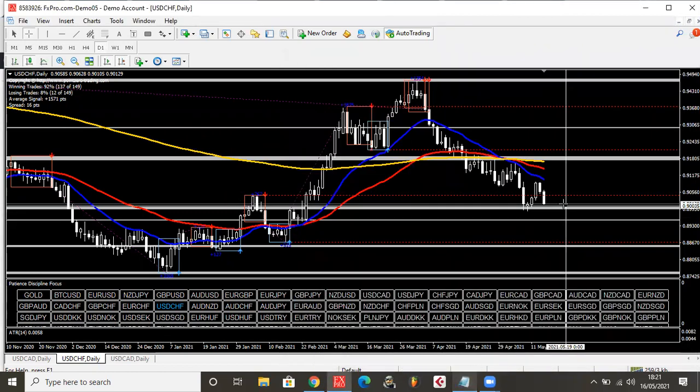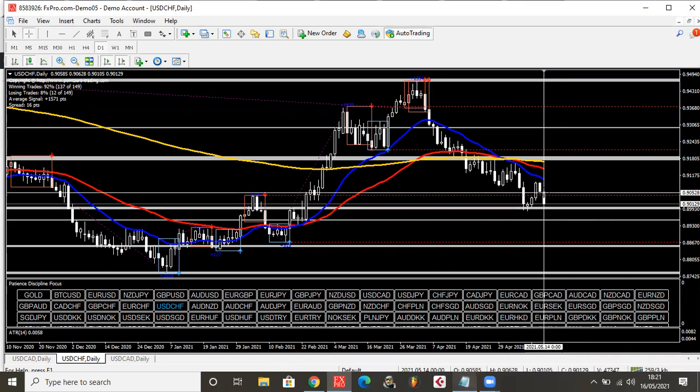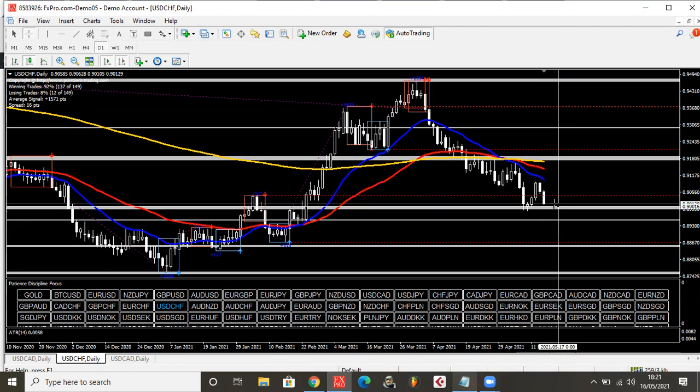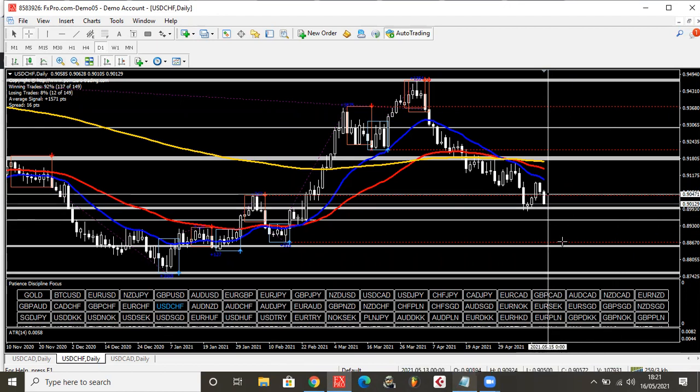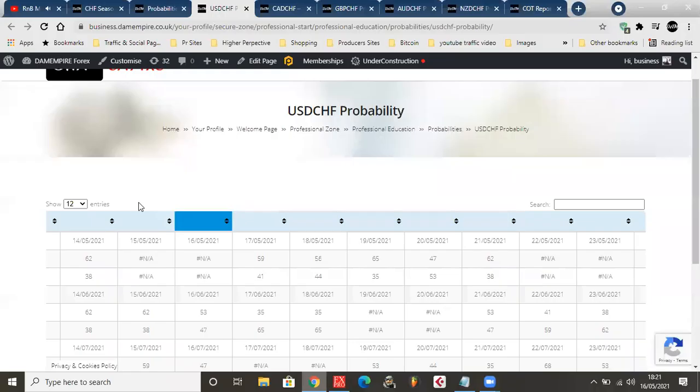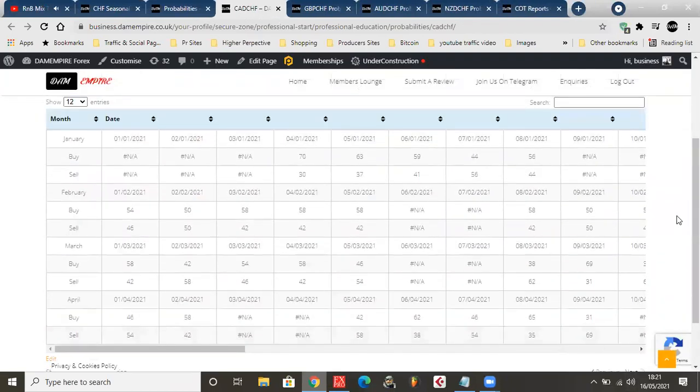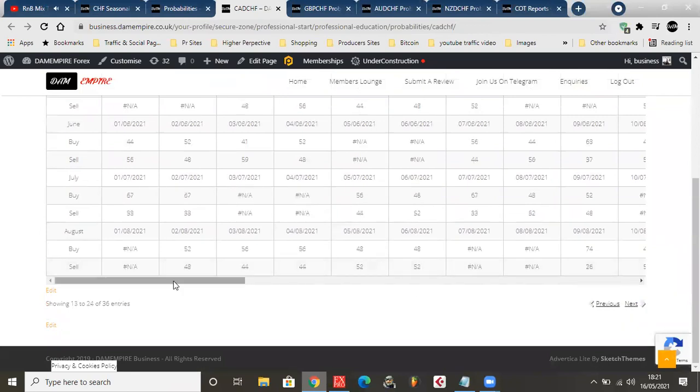I mean, you can go in here. I will probably take my exit around here, around the red line right here, just at the tip of the daily candle. So I'm expecting price to do a wick to the downside, touch here, and then run back up and come back around 51 pips profit. Ideally, price might get to the 20 EMA right here, but I just want to bank on the tip right here, price retesting the way it broke out from. So that's that. Now let's go to CAD and then we'll go to GBP as requested.